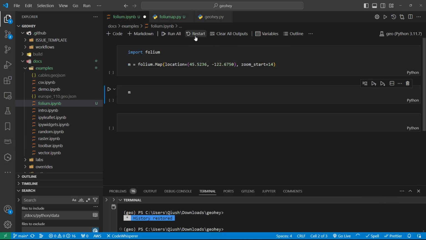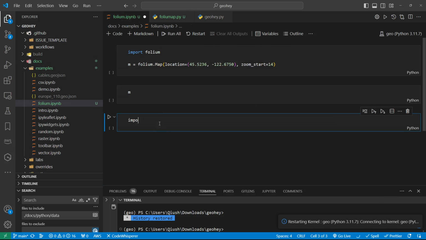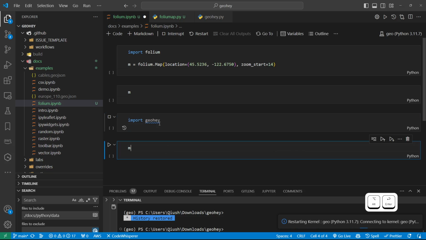Okay, so I'm going to restart my kernel, and compared to the previous one that we did, let me show you before we do that. So I'm going to import GeoHay. Again, you import your own package. Then we use m equal to GeoHay.map